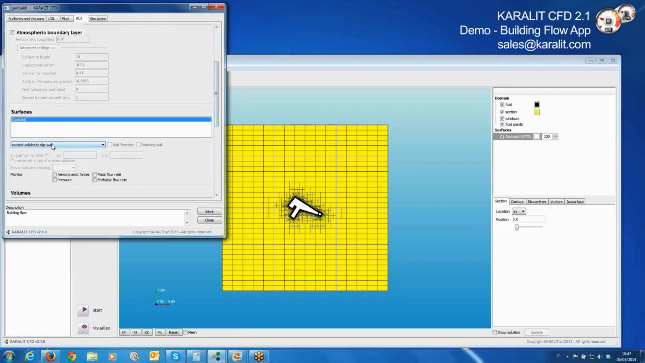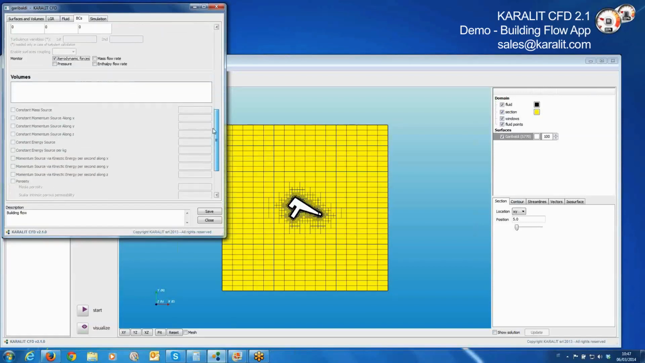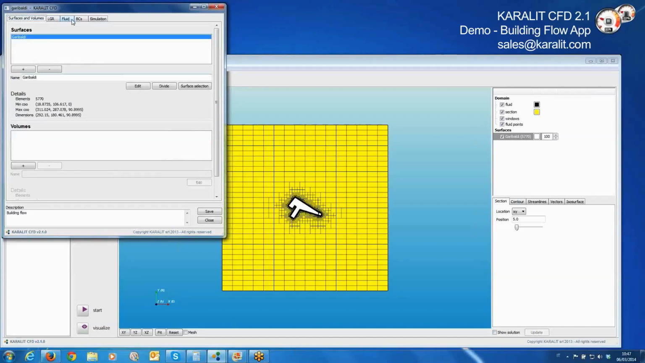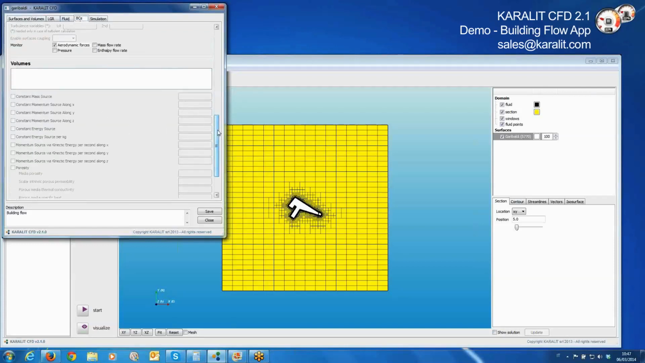We can select the surfaces, which is in this case a single surface representing the full building. As no slip, we can monitor the forces on the building during the run. We don't have any volumes here because we didn't select upstream, but if we select volumes, we can use volumes to set up a specific boundary condition, like for example a forest area where we want to impose specific porosity models in